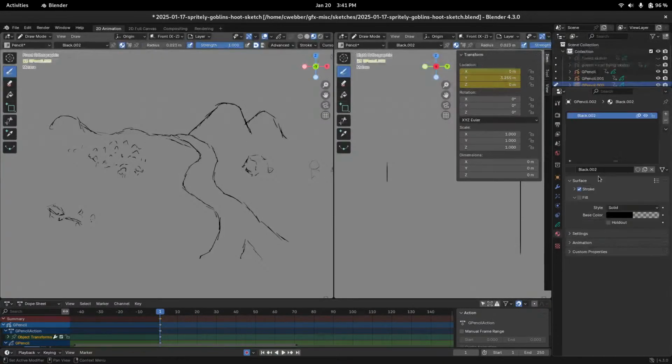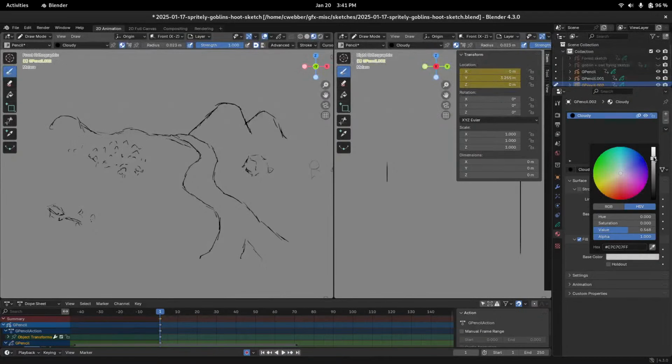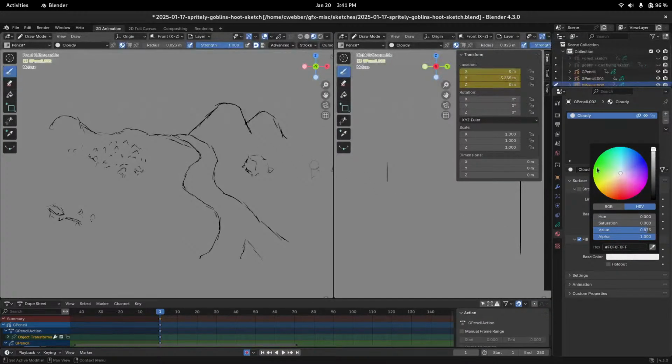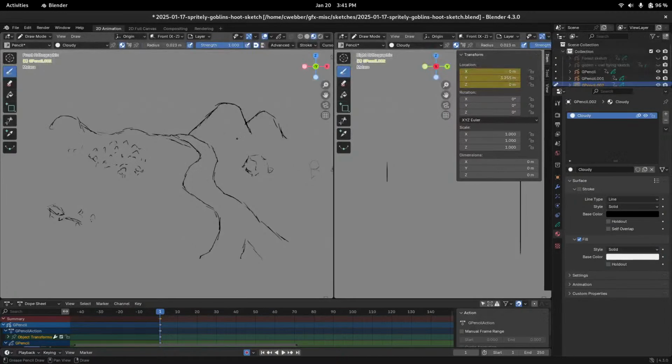I don't actually want an outline around these, so I'm going to make a new material, and I'm going to call it cloudy. And cloudy is just going to be the simplest thing you could imagine. It's just a fill material. It's fairly white. Now, there are actually nice grease pencil brushes that handle this type of thing really well for us, and maybe we would actually prefer to use something like that. For the moment, we're just going to